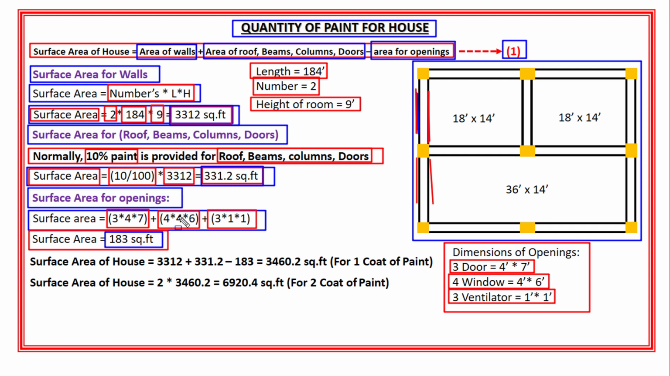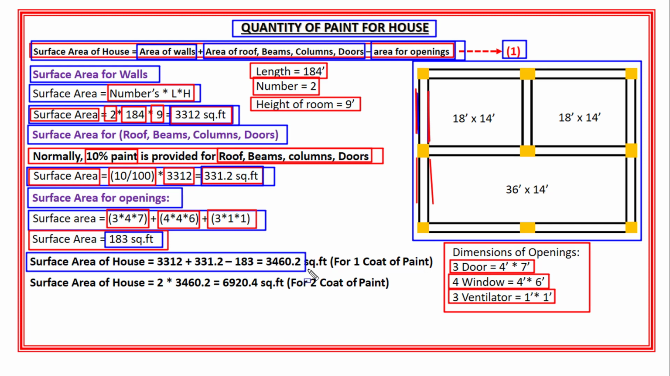So now I will use equation 1 in order to find out the total surface area of this house for whitewash or paint. Okay? So the total surface area of this house is equal to total surface area of walls, which is 3312 square feet, plus total surface area of floor, beams, columns and doors, which is 331.2 square feet, minus total surface area of openings, which is 183 square feet. Okay? And the total surface area of this house will become